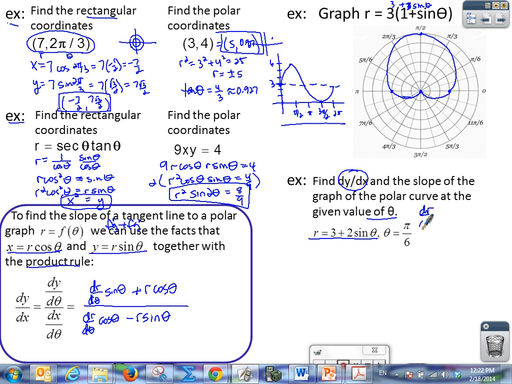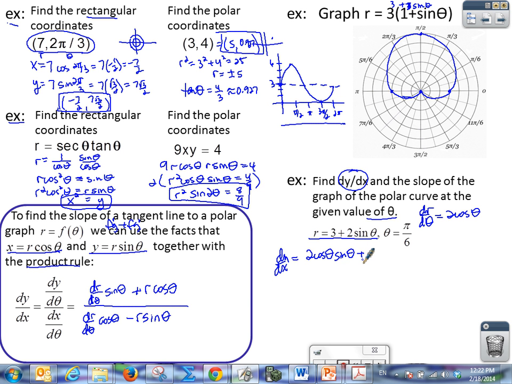So dr d theta equals, the derivative of 3 is 0. The derivative of 2 sine is 2 cosine. Okay, that's my dr d theta. And everywhere in my formula that I see it, that's what I'm going to put in its place. So dy dx equals, okay, and dr d theta comes first, so 2 cosine theta. And copy that, that's sine theta,